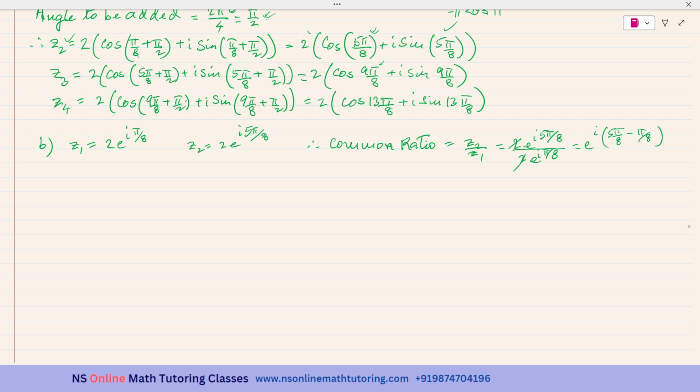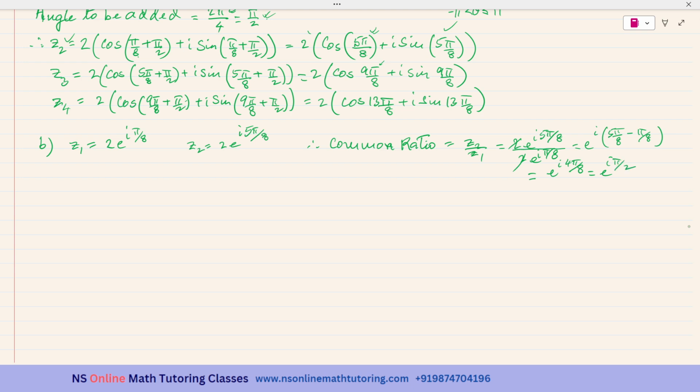So I have taken out this I, the common factor, which is equal to e to the power of I 4 pi over 8,